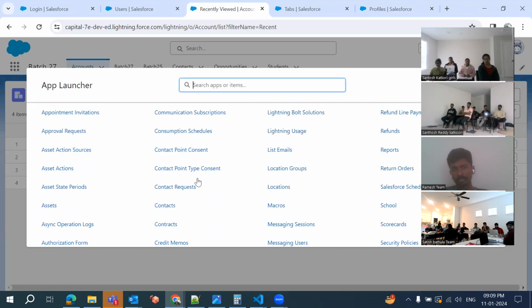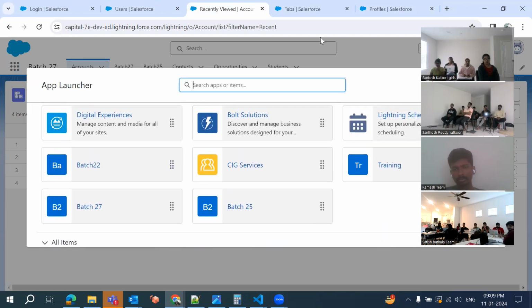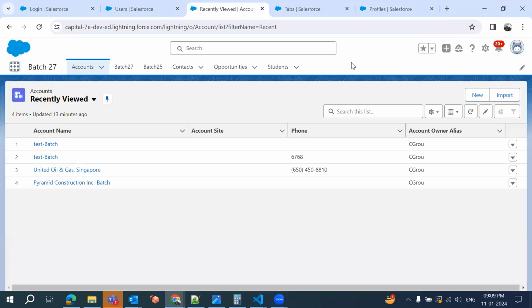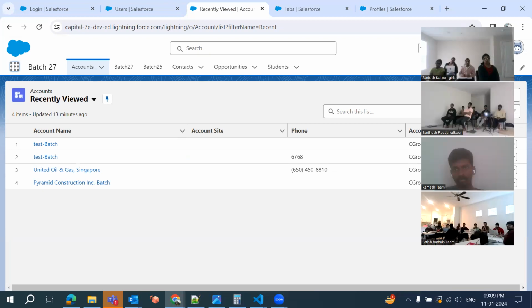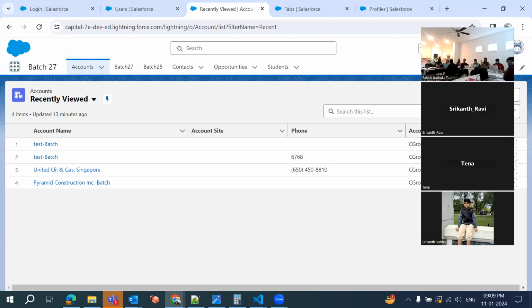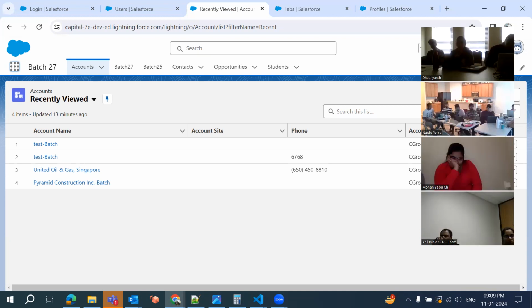But in the backend, many tabs are available. So why do they keep only these tabs? For example, I am a sales employee. I need access only to Account, Contact, Opportunity, and Lead. I don't need access to the remaining objects. Similarly, maybe another person is going to work on support or some service-related things. For those employees,